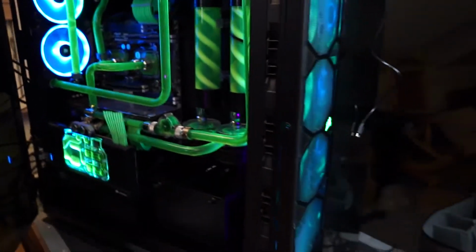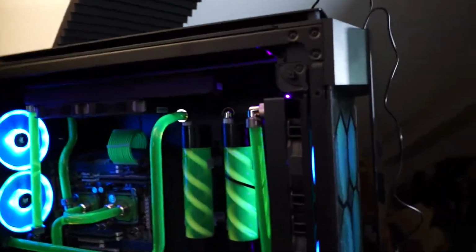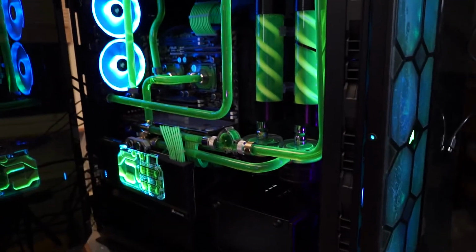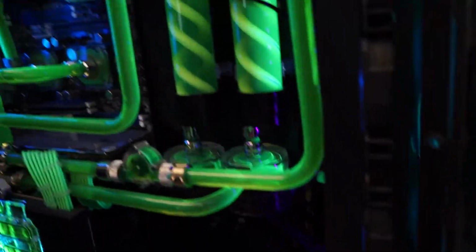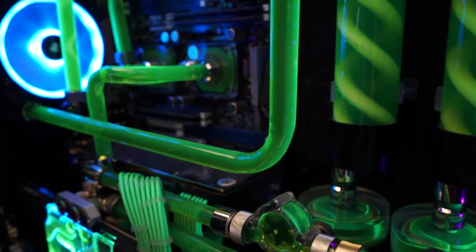People can see my computer when I use the other frames. I have a camera for the starting screen as well that is blurred out where they can see it and it's like, oh shit, that's a beefy computer, and you have no idea how many times people have said this. But yeah, we can take a look in here and just see how amazing